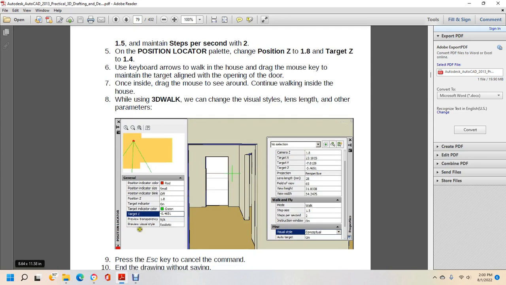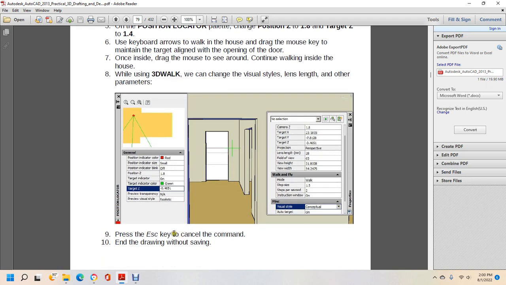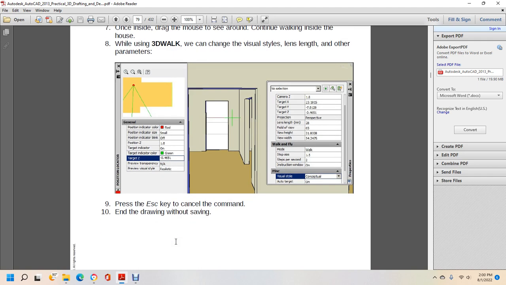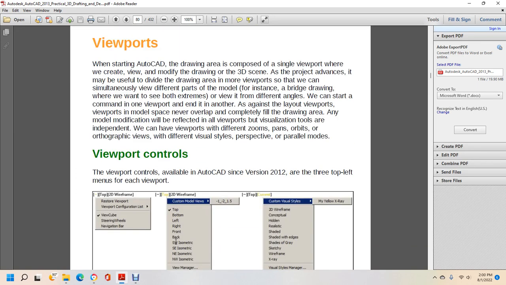And it shows the position locator and also the properties of the walk and fly. Press the Escape key to cancel the command and exit the drawing without saving. Alright, viewports. When starting AutoCAD with a drawing composed of a single viewport,